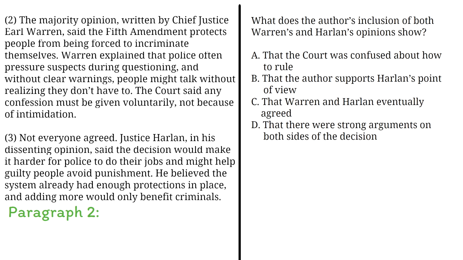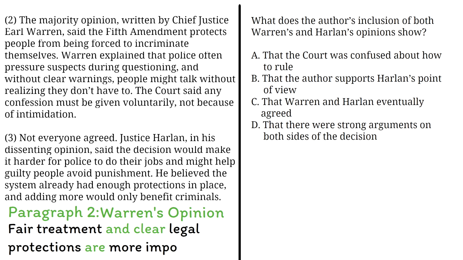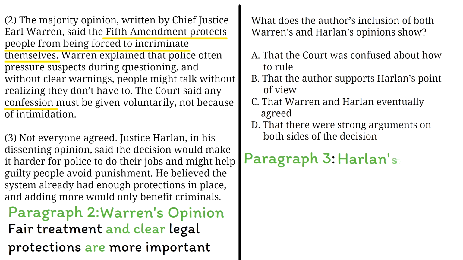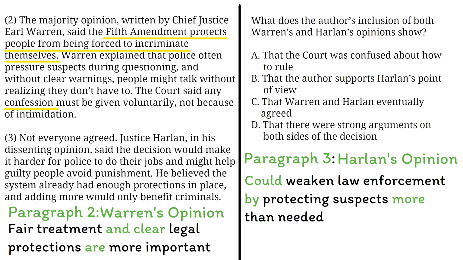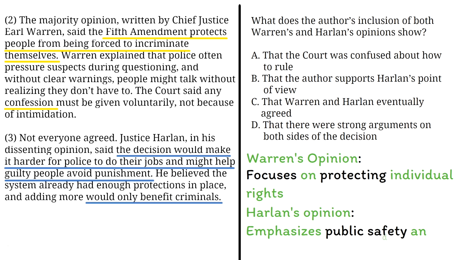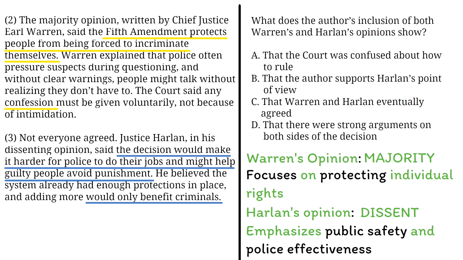So in the second paragraph, Warren's opinion tells us that fair treatment and clear legal protections are more important than just getting a confession. In paragraph 3, Harlan's opinion is telling us that the court's decision went too far and could weaken law enforcement by protecting suspects more than needed. So, when we compare both opinions, we see that while Warren's focuses on protecting individual rights, Harlan's emphasizes public safety and police effectiveness. By showing Warren's majority opinion and Harlan's dissent, or disagreement, the author is helping readers to understand